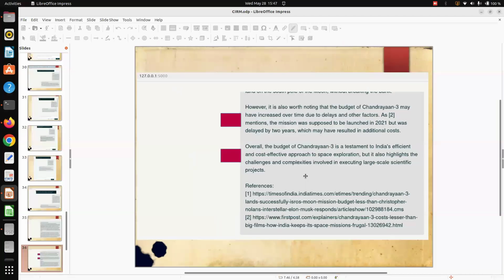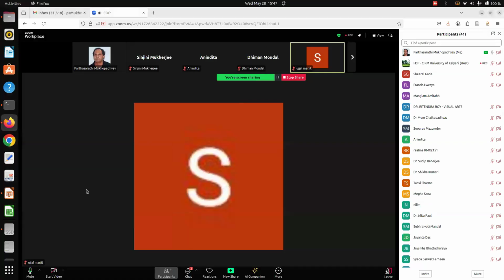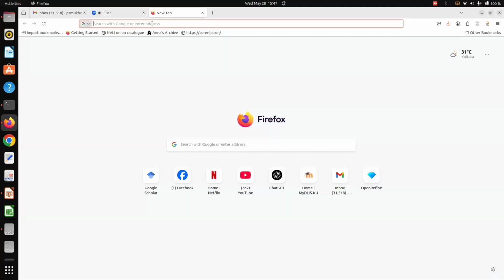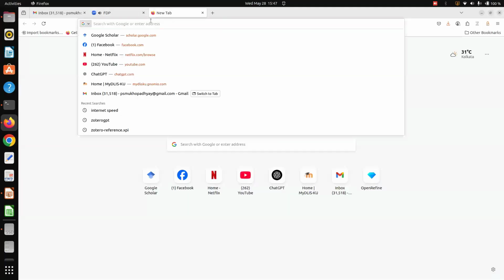So with this lacuna of the large language model and other things, let us now explore how effectively and productively we can utilize this large language model. First of all, I am trying to show you a situation where search is associated.